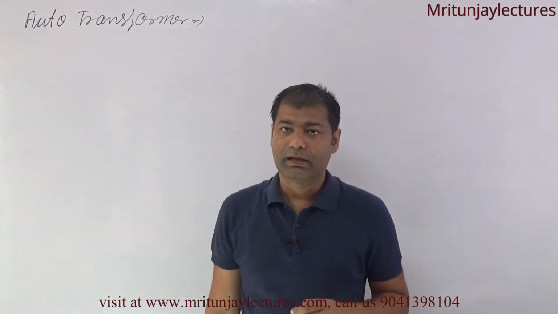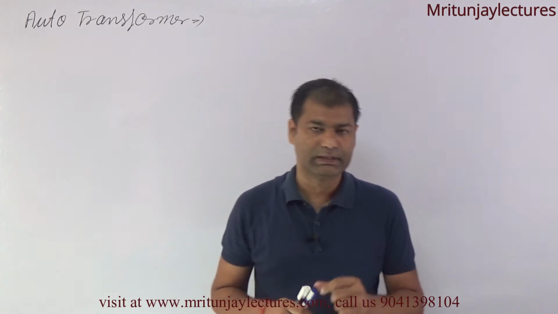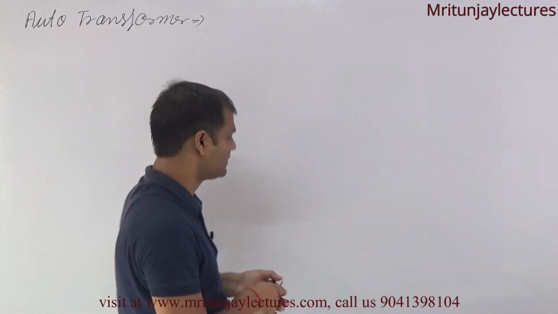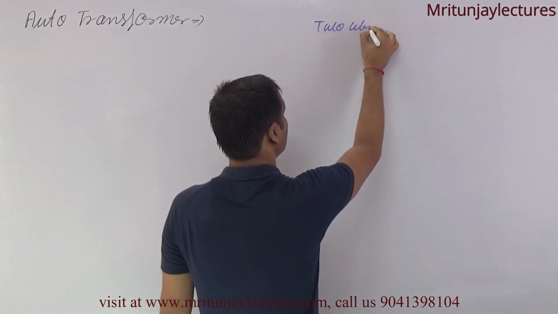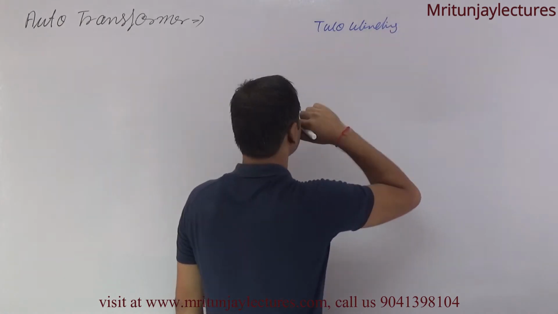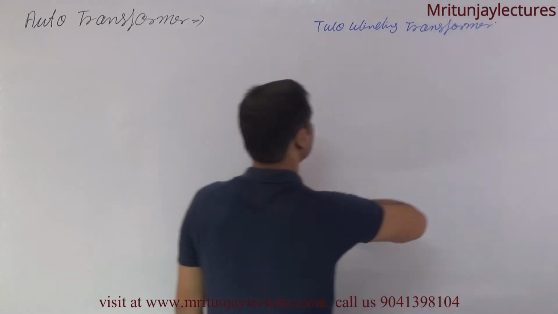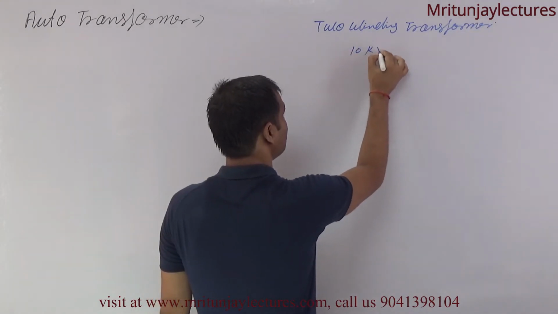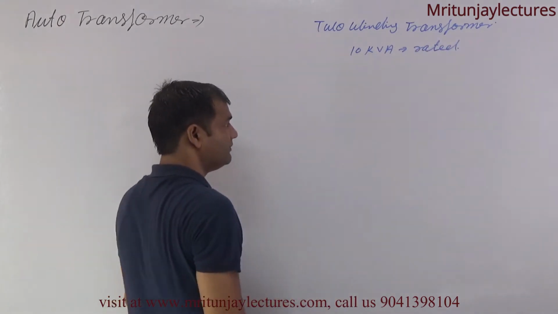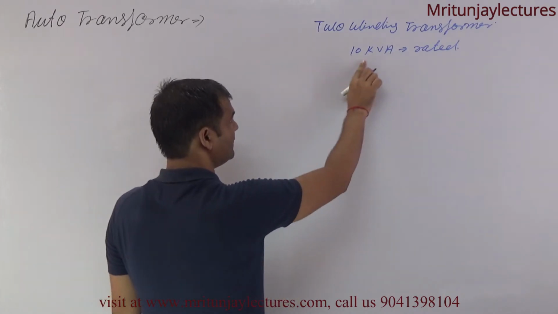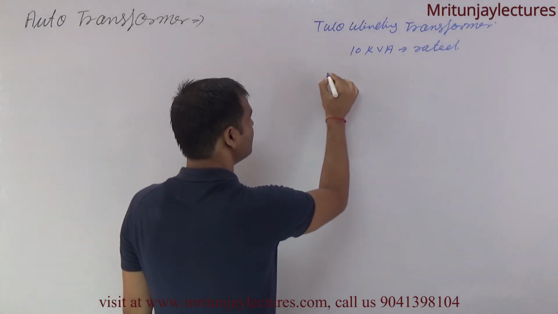First of all, we have discussed theoretical, we have discussed practical, after that theoretical. Now suppose that we have a two winding transformer with rating 10 kVA, rated as an auto transformer. Primary side is rated voltage